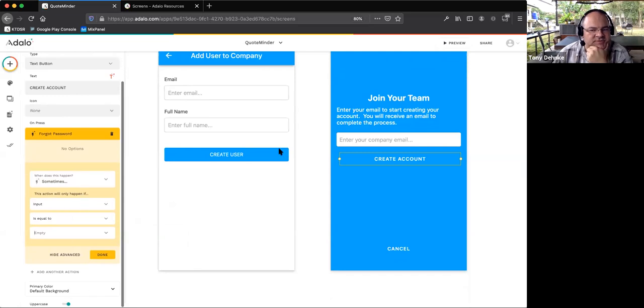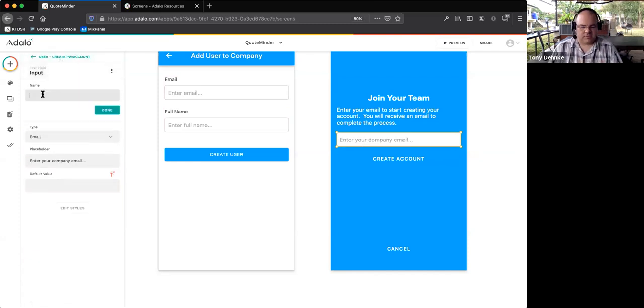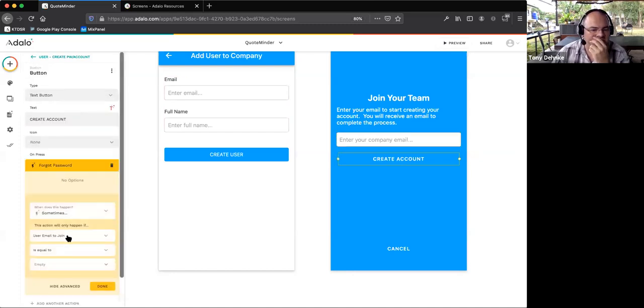Because I need to be able to verify if that email is actually a proper email or company, like an email that's been added to the database by the owner. So if input, this is our input. So let's just rename this user email to join. So if we come back to here, user email to join is equal to,